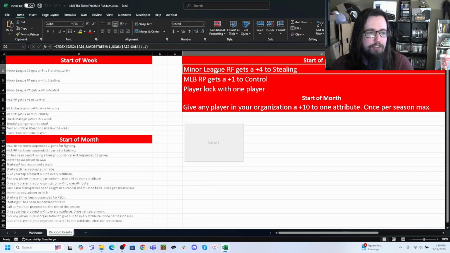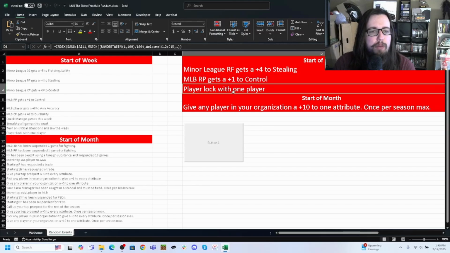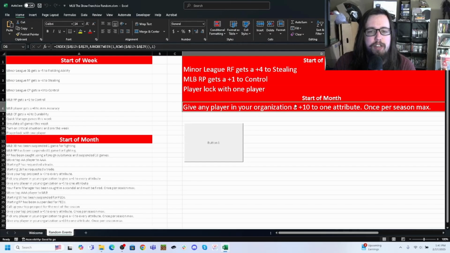And this, you can actually see a concerted effort to progress certain players. So if you have a young prospect you're really excited about and you want to fast track him towards the major leagues, then when you're getting either these attribute upgrades or these big start of the month ones, you can pour all of those into a certain prospect to really fast track him to the big leagues. Or if you have an older player, like say a Mike Trout or a Giancarlo Stanton that's starting to age and regress, then you can pour attribute upgrades into them to help them hang on